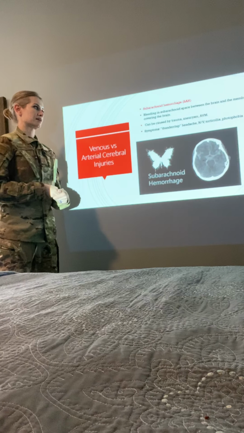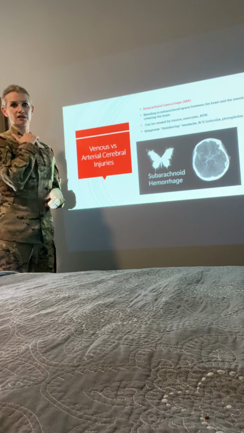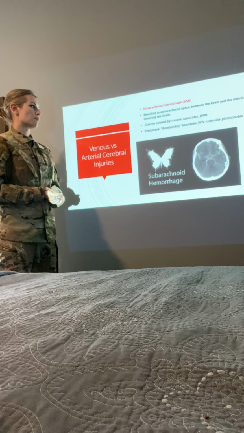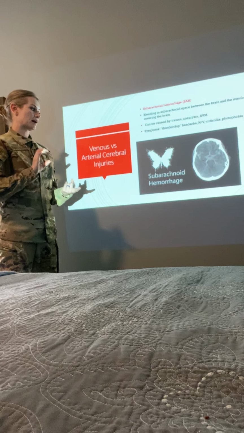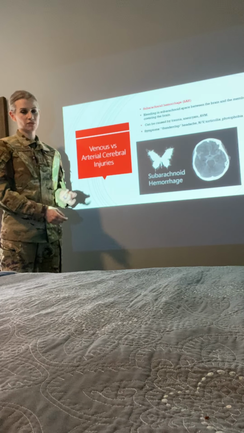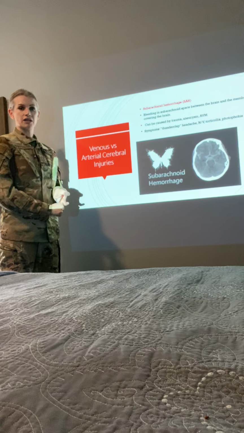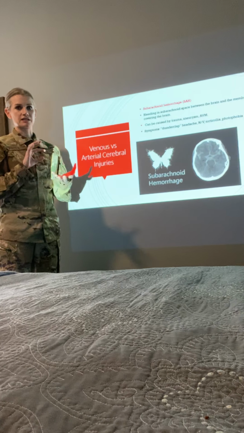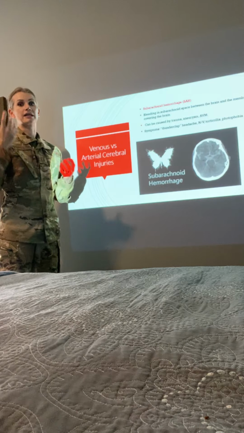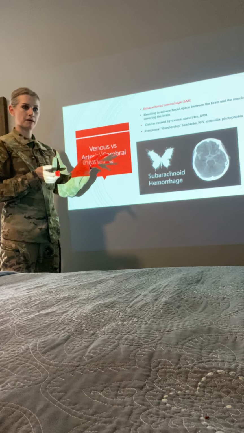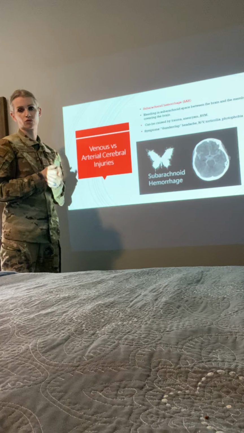Especially in the subarachnoid, it means that they've got a big problem there. A lot of times this is caused by unmanaged hypertension or a ruptured AVM, an arteriovenous malformation. You can have an aneurysm in your brain, and if that pops, a lot of times it'll result in